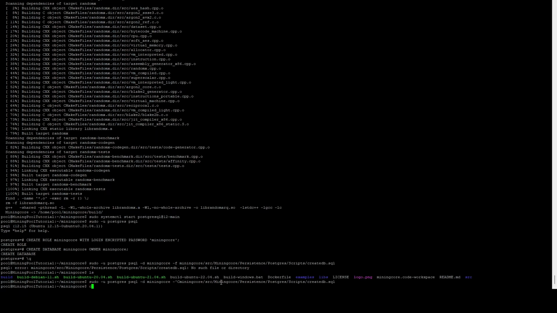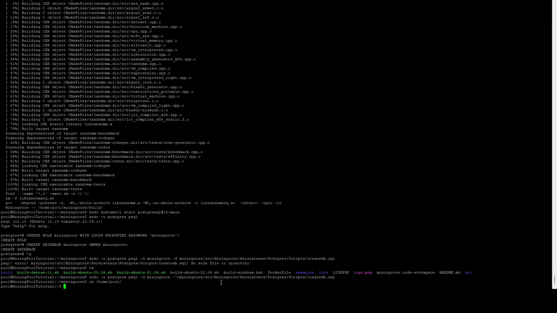Next thing I'm going to do is move up a folder. So I'm going to go back to my home directory. So we're going to do /home/pull. And then we want to run the database installer script. To do that, we're going to do sudo -u postgres psql -d MiningCore, which is our database name, -f, which tells it we're going to specify an input file that we want it to run. And that's going to be MiningCore